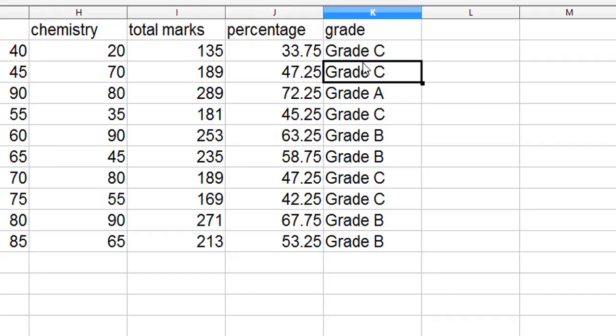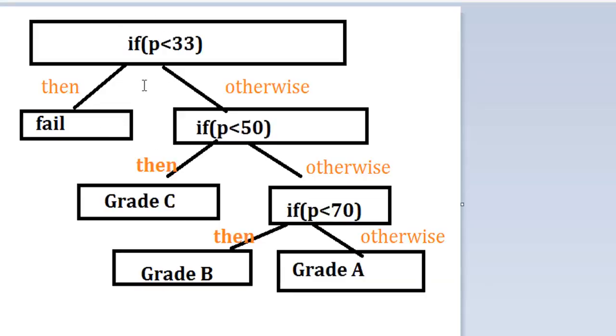So whenever you have multiple conditions, whatever your situation, you can write it in the form of a diagram, so it will be easy, because in every IF statement you have a certain condition and then you have a true value. If the condition is true, then you have a certain value. If the condition is false, again you have a certain value. So if you make it diagrammatically, it will be easier for you to apply the formula. Okay, so that's it. That's how you use IF in OpenOffice spreadsheet, and have a nice day.